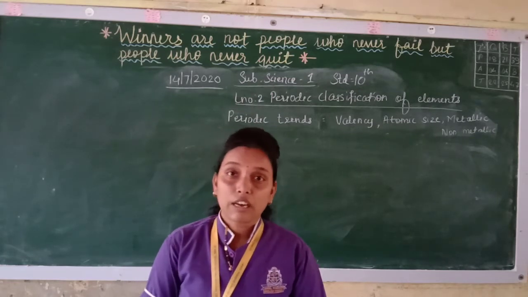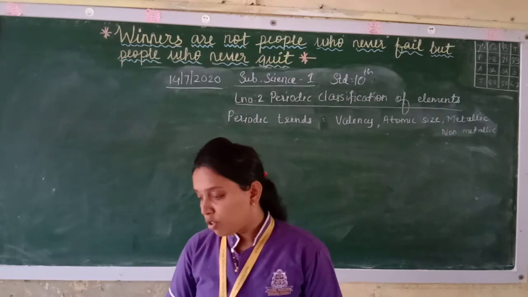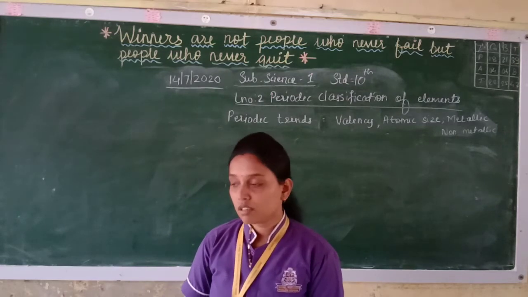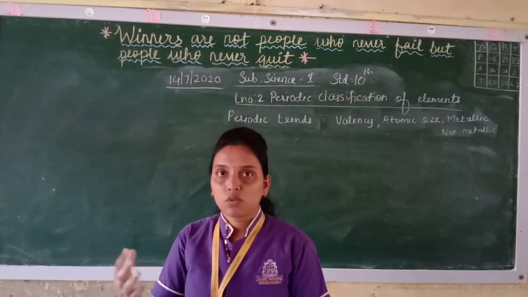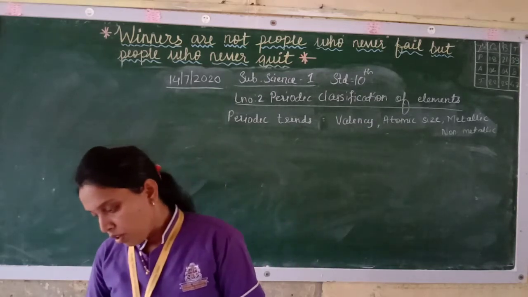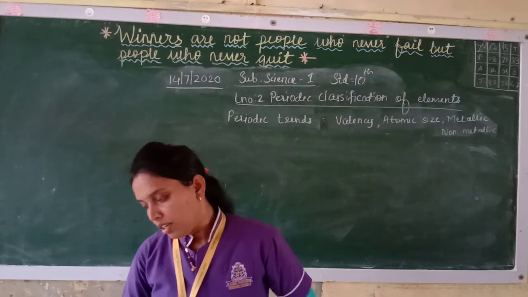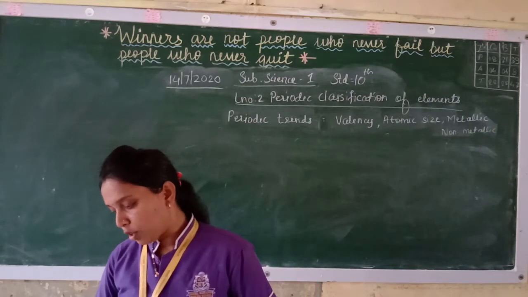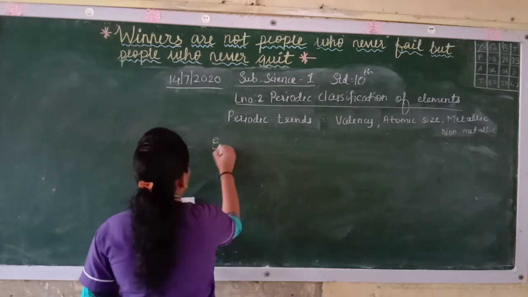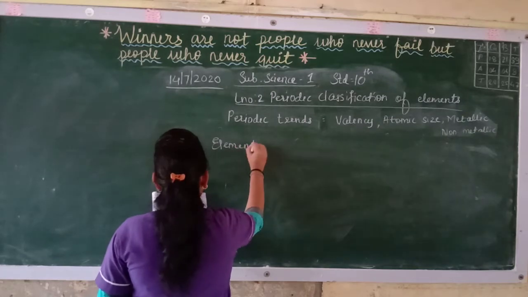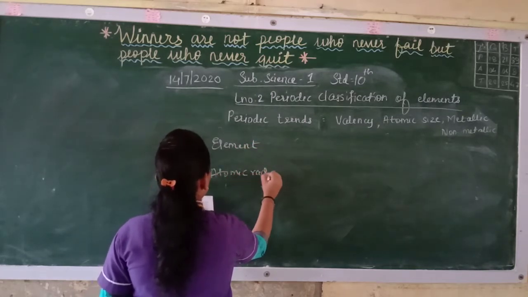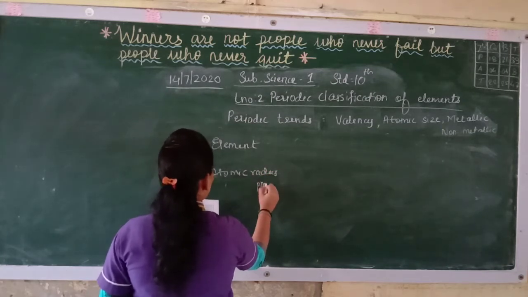A picometer is smaller than a nanometer, meaning it is very, very small. So 1 picometer is 10 raised to minus 12 meters. If you don't want to write minus 12, then it will be 0.00 and so on, going until 12 places. So here some elements and their atomic radii are given. Now we will see the element and atomic radius. This is in picometers.